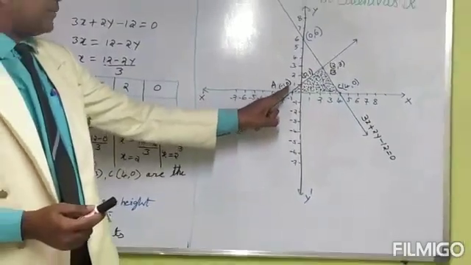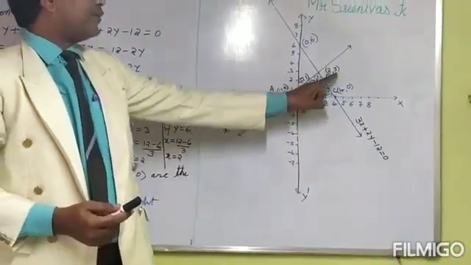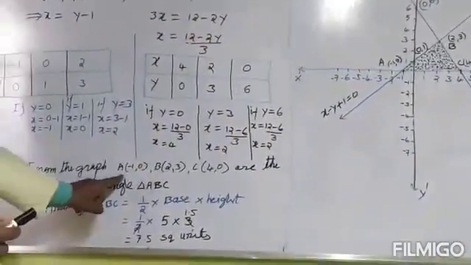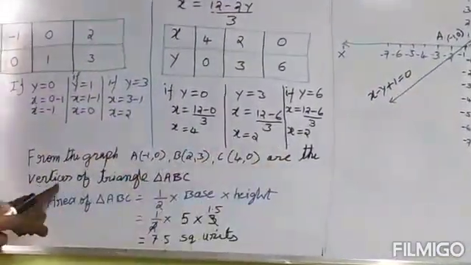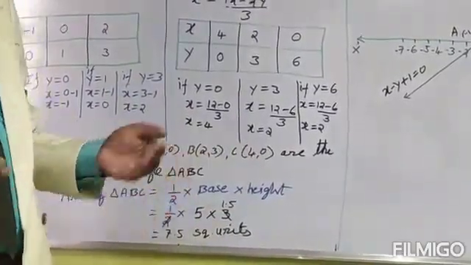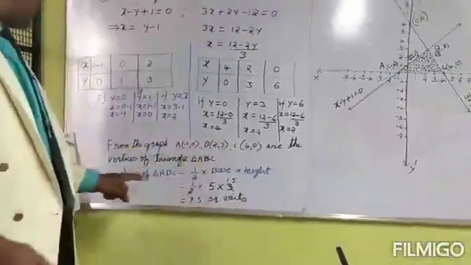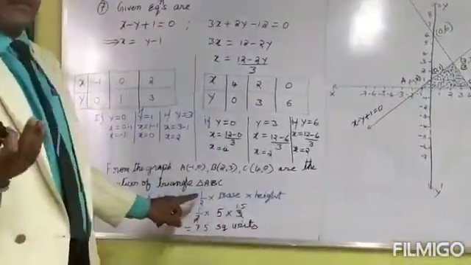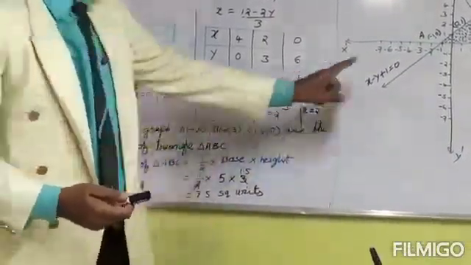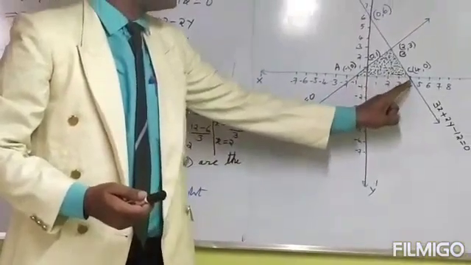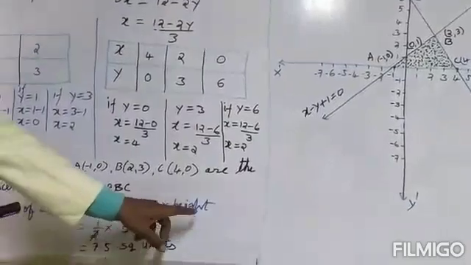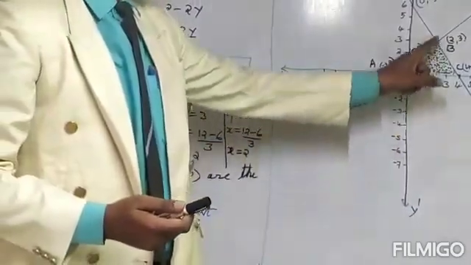So we can identify the coordinates by looking here. See, A coordinate is minus 1 comma 0, B coordinate is 2 comma 3, and C coordinate is 4 comma 0. Like that, from the graph A, B, C are the vertices of the triangle ABC. Sometimes they will ask you to find the area of the given triangle also. So we can find it like this. You see, area of triangle ABC, everybody knows, is half into base into height. So here base means from A to C, that is 1, 2, 3, 4, 5 units, and height means this is height. So 3 units are there.